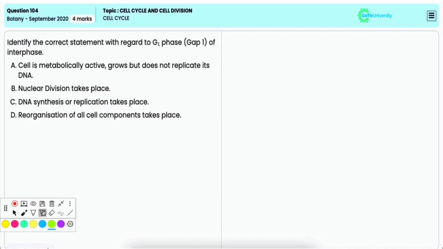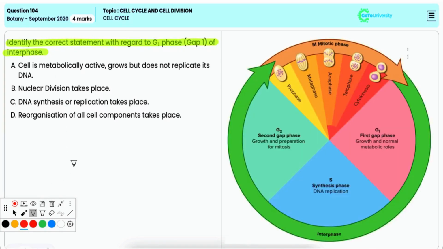In this question, you have to identify the correct statement with regard to the G1 phase of the cell cycle. Option A, cell is metabolically active, grows but does not replicate its DNA. Now, the G1 phase, that is the gap 1 phase, is the first phase of interphase which precedes DNA synthesis, that